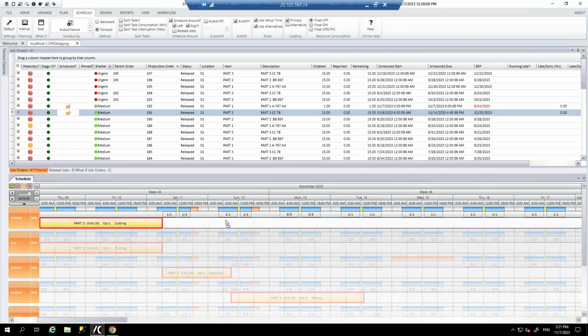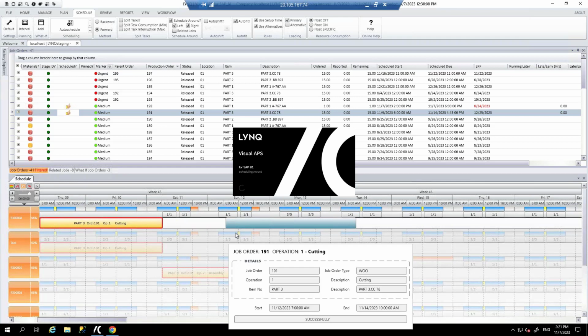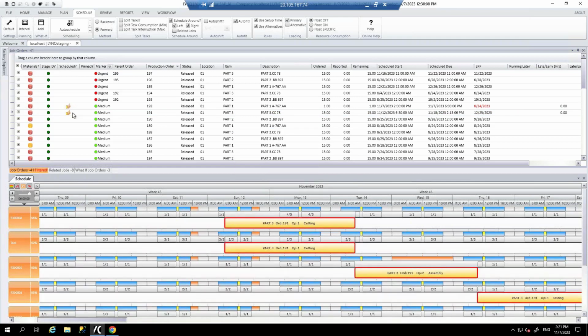And again, I can move this around, reschedule, unschedule. The important thing is to see that we've got a yellow thumbs up with a new start date, new due date based on where that's scheduled. Again, we can overlap operations. We can have parallel operations there as well. So very easy to use.